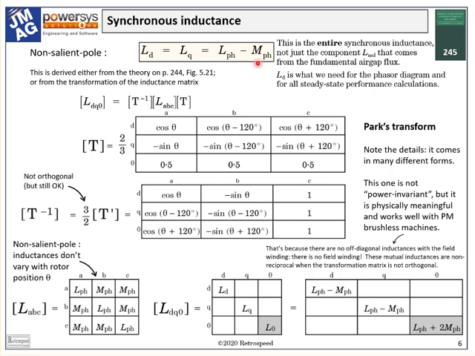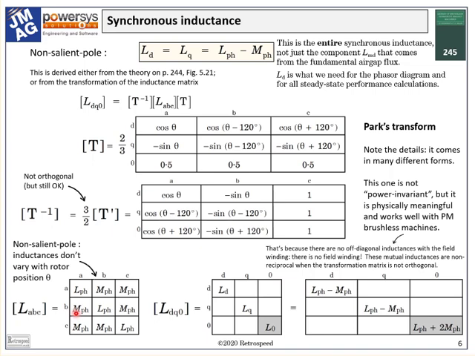It's interesting to see where this formula comes from, and it's quite important because it relates the inductances to Park's transform, that is the dq axis transform. We start down here at bottom left with the phase inductance matrix,